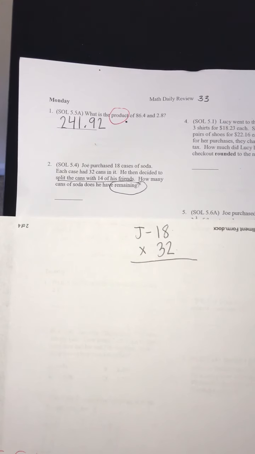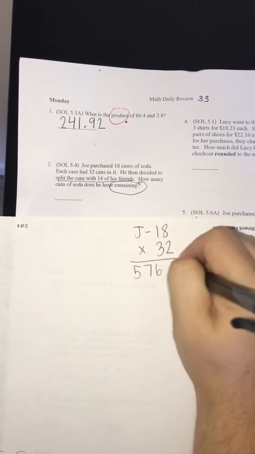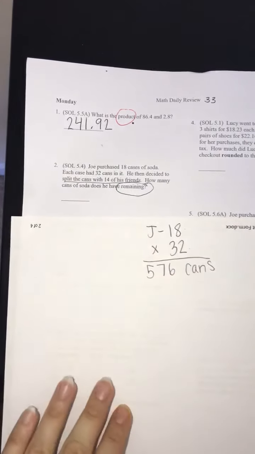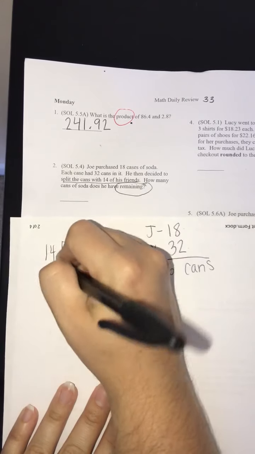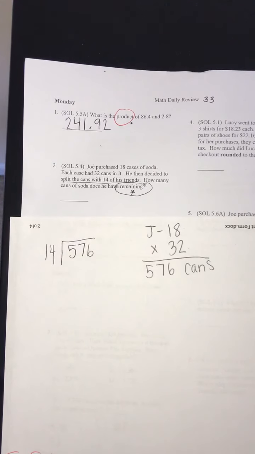So if you do 18 times 32 is 576 cans. Okay. Second step is splitting them with 14 friends. And then we are looking for the remainder. So you could do it on a calculator, but you're going to get a decimal. So I recommend you do it